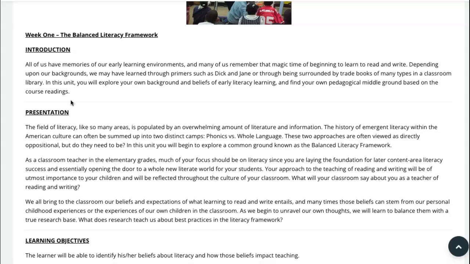Many of those beliefs stemmed from our own personal childhood experiences or the experiences of our own children in classrooms. As we begin to unravel our thoughts, we will learn to balance them with a true research base. What does research teach us about best practices in the literacy framework?